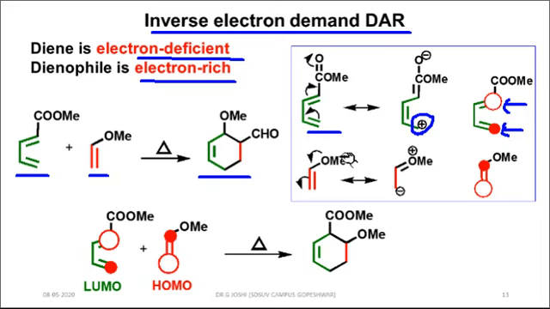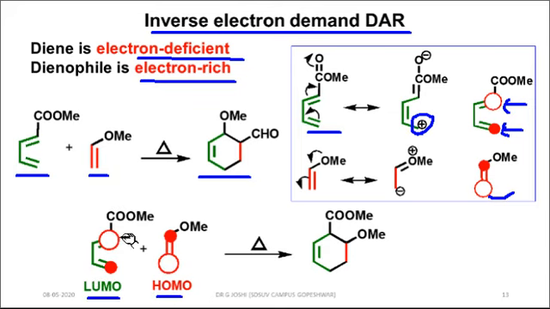Whereas in the case of a substituted dienophile, where an electron donating group is attached to the dienophile or alkene, that will increase the nucleophilicity of this double bond system, this carbon-carbon system. Therefore, the orbital coefficient of C2 will be higher. If we perform a Diels-Alder reaction for this kind of system, where the dienophile becomes electron rich and the diene becomes electron poor, it means the HOMO of the dienophile and the LUMO of the diene interact.